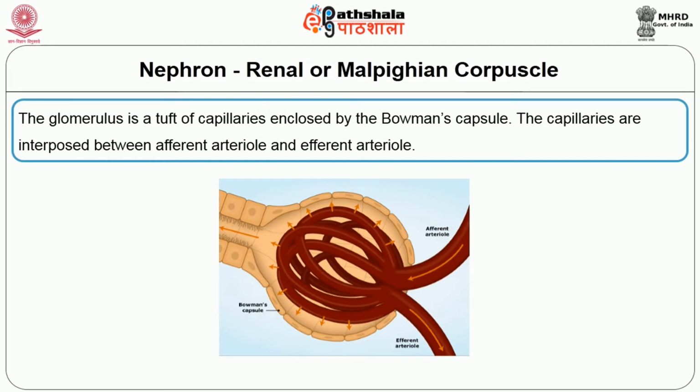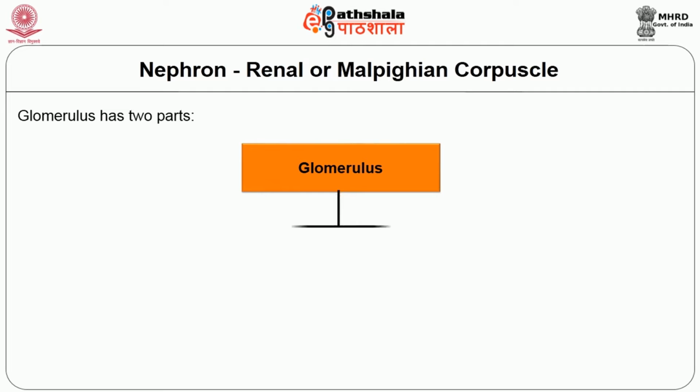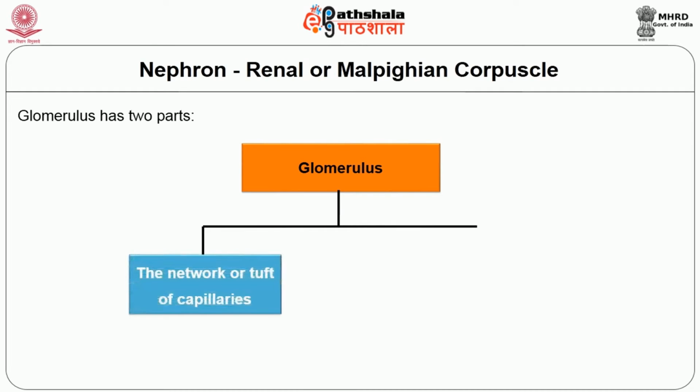The afferent arteriole divides into 4 or 5 large capillaries, each of which subdivides into many small capillaries arranged in irregular loops. This is the first part of the nephron, where fluid is filtered from the blood. It has two parts, the network or tuft of capillaries connected to an afferent arteriole at one end and an efferent arteriole at the other end, and transports blood to the site of the glomerular capillaries. The vascular system in the glomerulus is purely arterial.